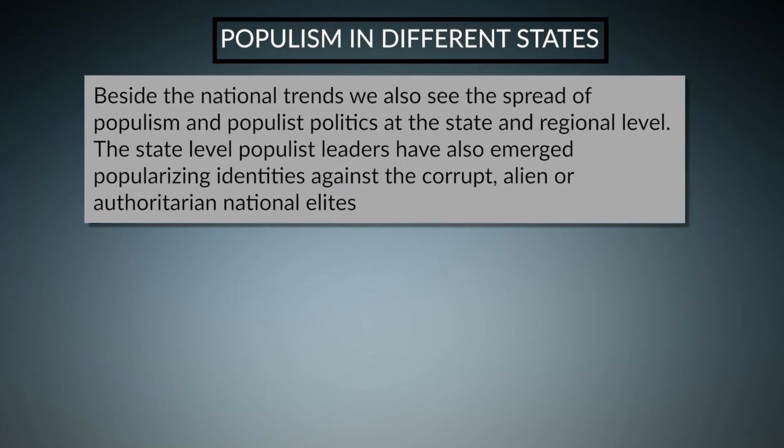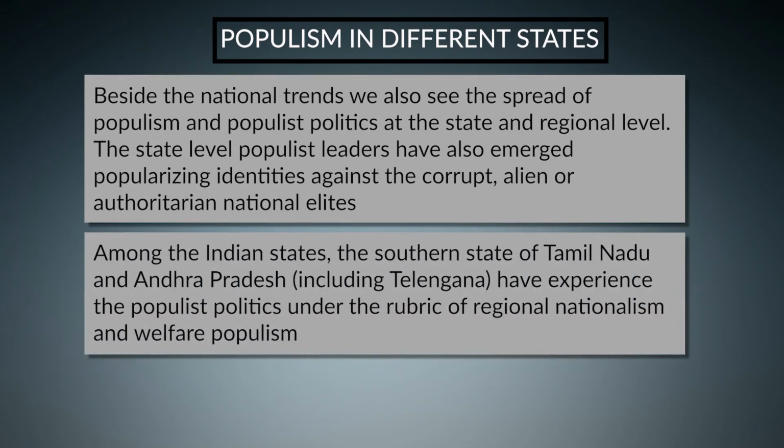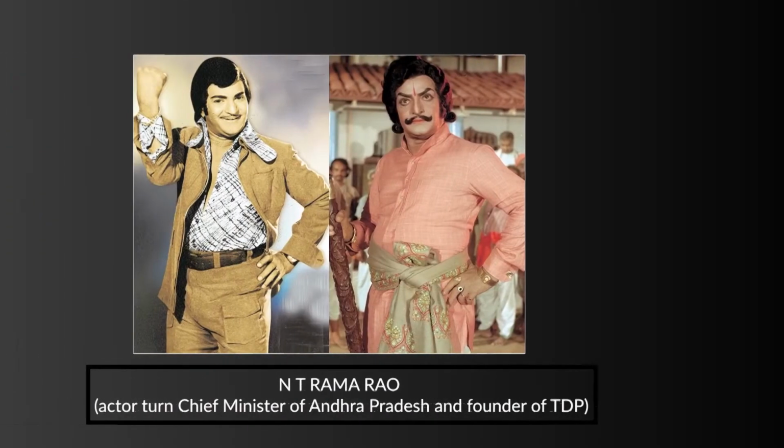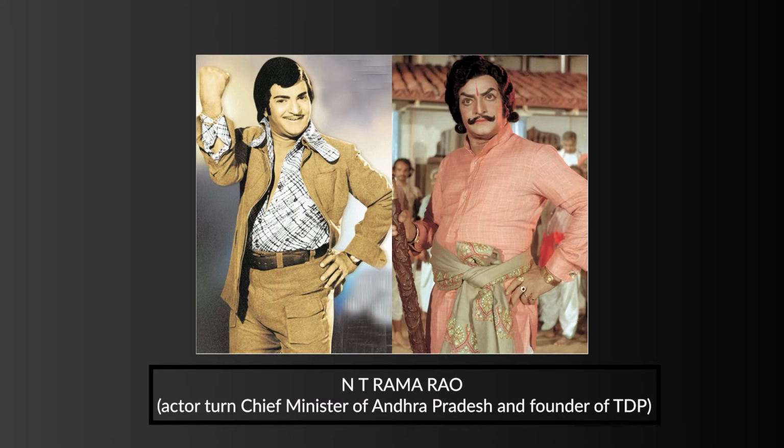Now we come to populism in other Indian states like Andhra Pradesh, Telangana, Tamil Nadu, and West Bengal, which is becoming an important aspect. If you look at Tamil Nadu, right from cinema politics, film stars turned politicians became chief ministers of the state, and invited a new kind of populist politics. In the same way in Andhra Pradesh, NTR, N. T. Rama Rao, are very influential names, who started a new kind of cinema and populist politics.